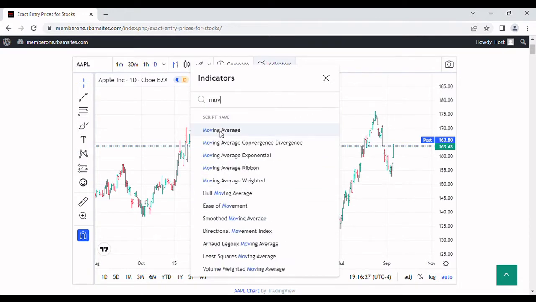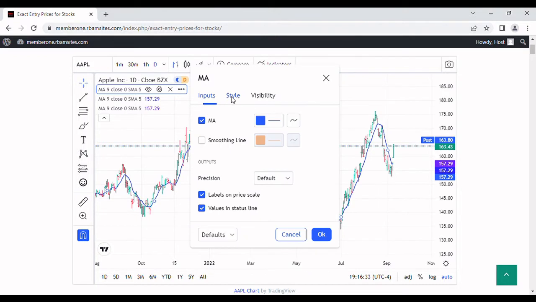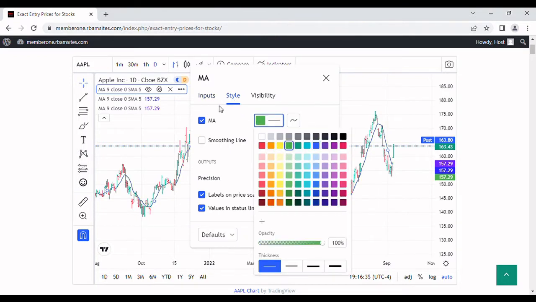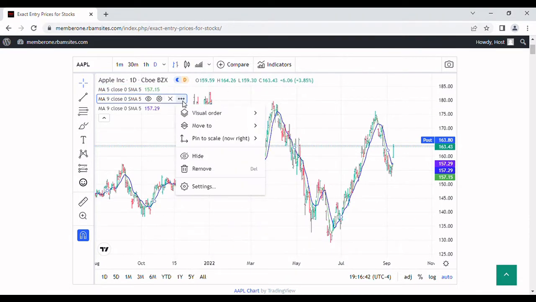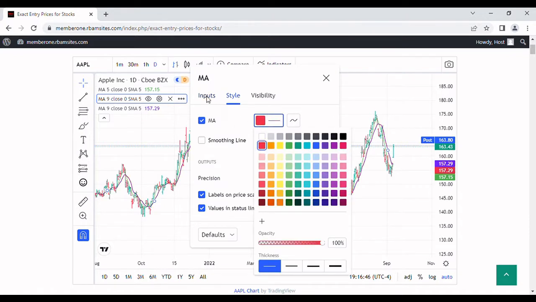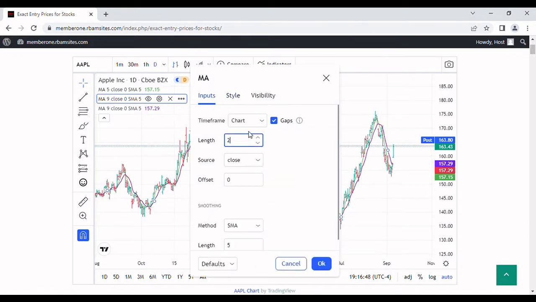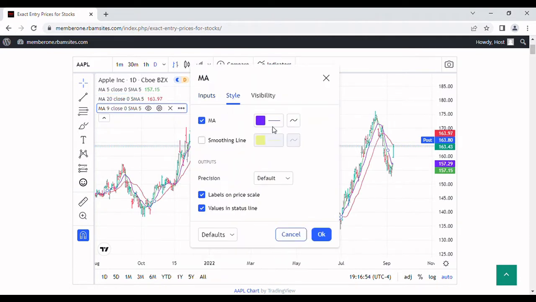But first, what I'm going to do is put on 3 moving averages, and then I'm going to customize them. And the colors that I use are my own. I've done it for years, but you can use whatever colors you want. The first one is we're going to put a green 5-day on here. And the next one, we're going to put a red 20-day on here. And if you're consistent with the colors, you don't get confused over the many years as you learn this. But I'm going to finally put in a blue